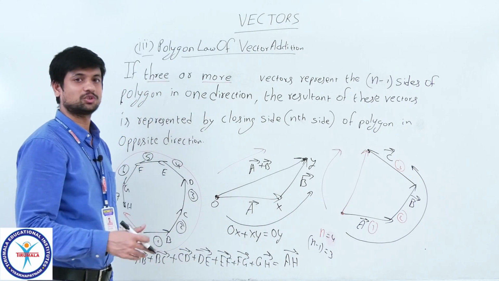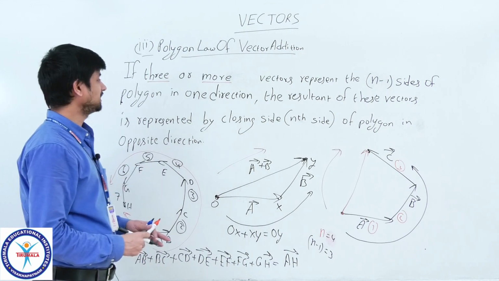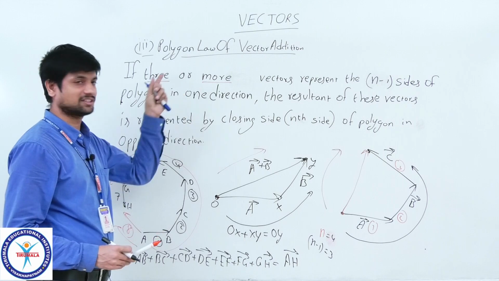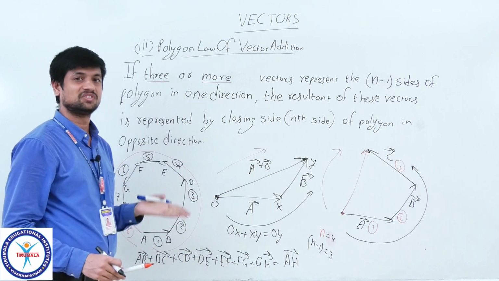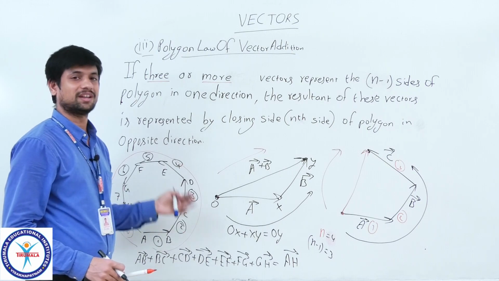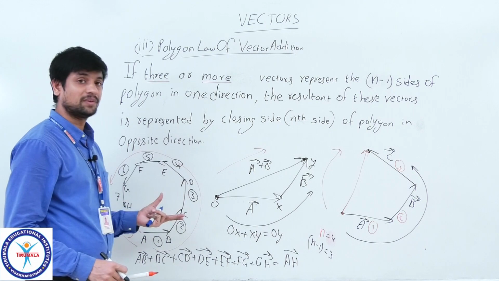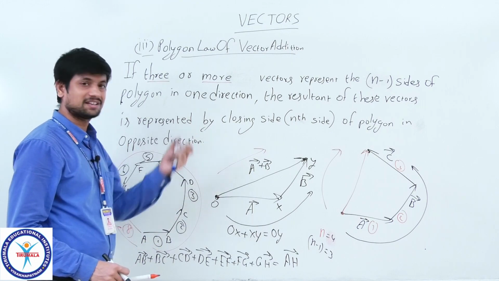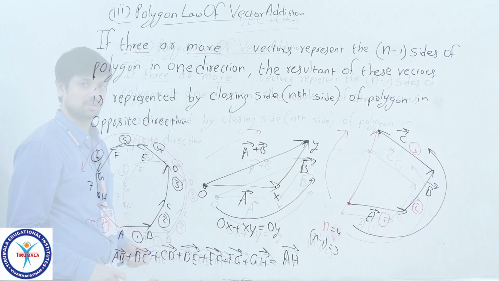So closing side we should take opposite to that one, whether it is 2 sides or 3 sides, better polygon, that is why n sides. Even if it is a triangle, you are taking the closing side, here also closing side. Simply by taking the closing side you can write. Okay. So geometrically we will see how this vector is being formed if you take geometrically the vectors as arrows.